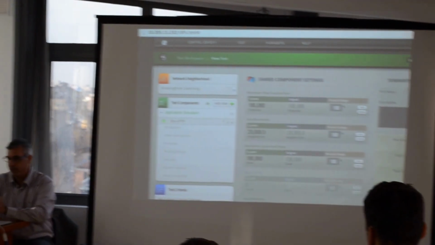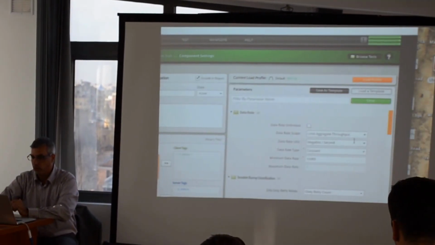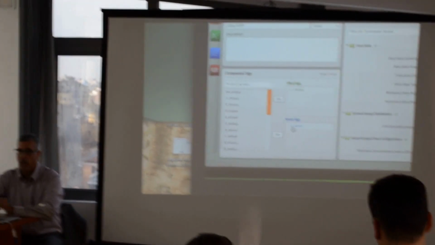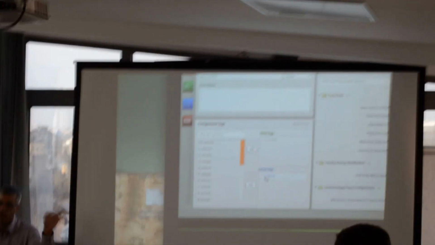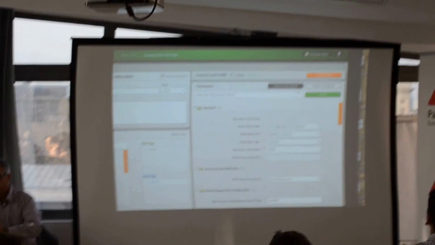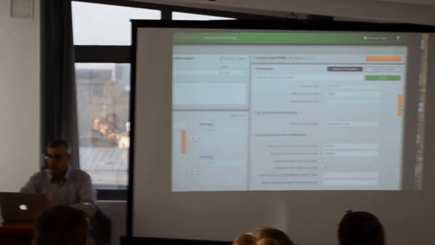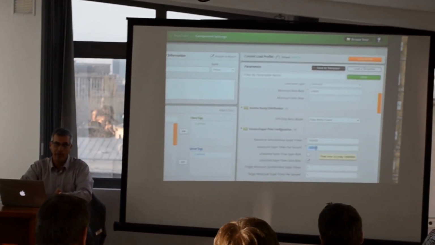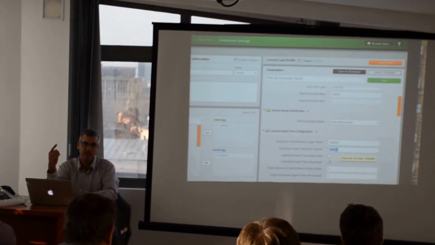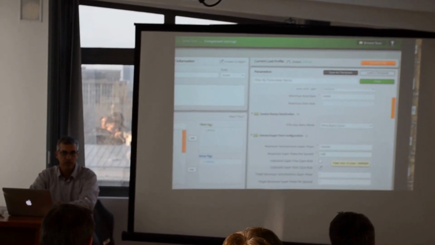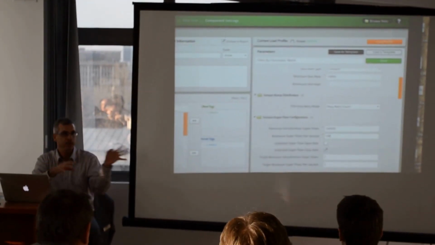So this is my component. I'll configure it. First of all, it will send traffic from port 1 to port 2. I'm not going to do a training today, so I'm not going to speak about the IP and so on, just in general. And then the parameters. So right now it is set to send 10,000 TCP per second. I don't need so many. Why? Because each connection is going to send 10,000 GETs. So even if I put here like 100,